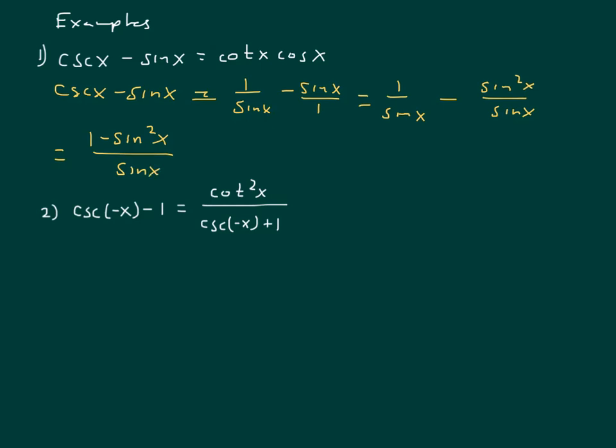Now at this point, looking at this 1 minus sine squared x, you should be thinking about the Pythagorean identity. When you see 1 and a trig function squared, a lot of times you're going to be thinking Pythagorean identity. In this case, it would be the correct move. I know that 1 minus sine squared is equal to cosine squared, so that's going to be cosine squared x over sine x,